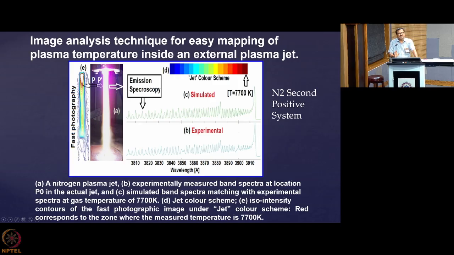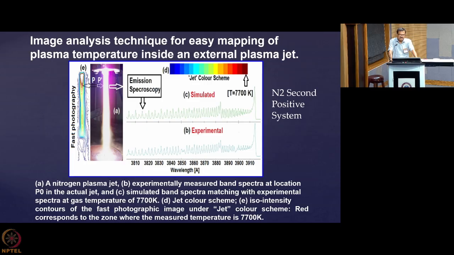Okay. So, this is how we are doing, but this is a very rough and approximate idea, but this gives you a good idea about the kind of distribution that may occur within the jet. And if you are really interested to find the accurate temperature, definitely you need to go for the proper spectroscopic calculation like the Boltzmann plot. Now, there is another way of getting the temperature identified.